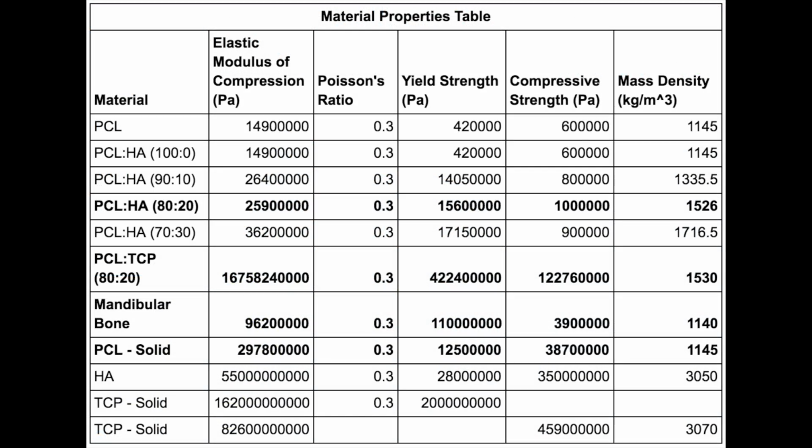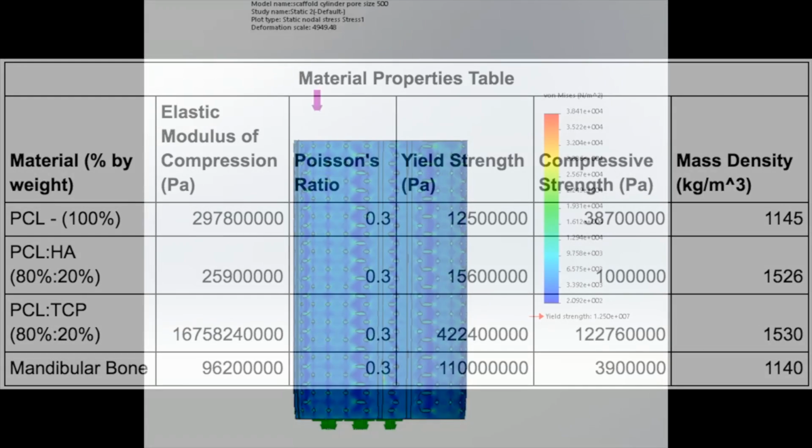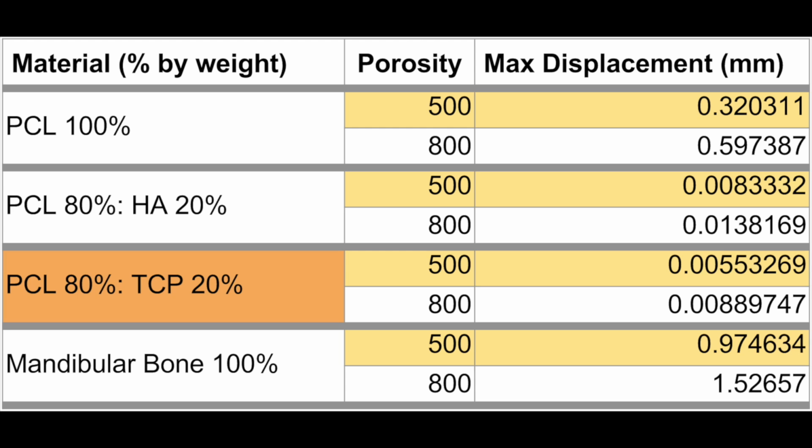The team has done extensive research on various bioabsorbable materials for use in this scaffold. We ran simulations in SolidWorks with 4 potential material compositions on 2 scaffold pore sizes of 500 and 800 microns to verify that these materials will meet the design requirements. The resulting displacement values were found based on a compression force of 500 newtons. These simulations confirmed that polycaprolactone mixed with tricalcium phosphate will provide the best scaffolding approach as this material mixture experienced